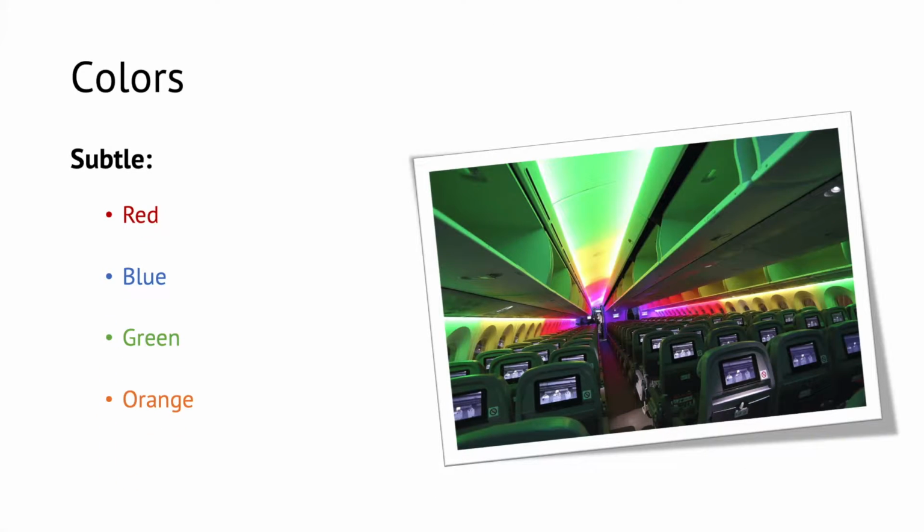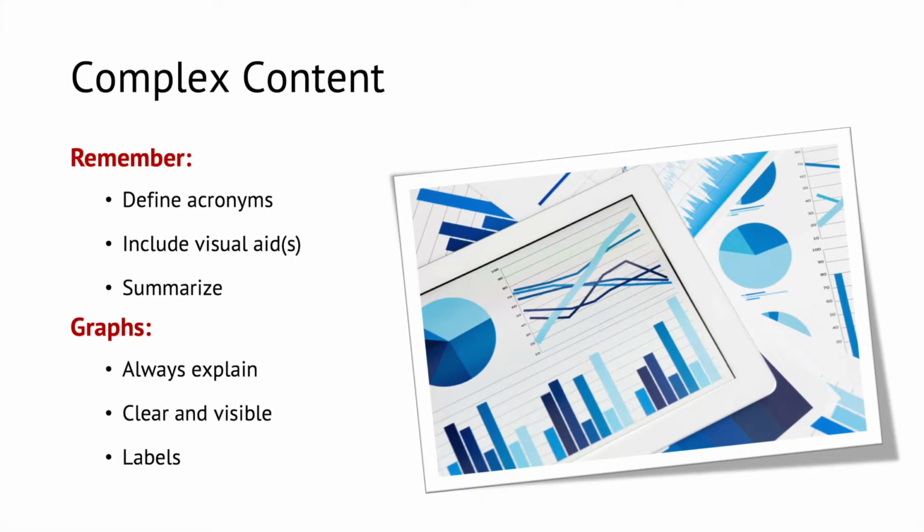On your slides, always use subtle and darker colors, such as the 4 I have here. Do not use too vibrant colors as these will be hard to see for the audience. In addition, never use more than 3 different colors in your presentation. If your presentation contains complex content and acronyms are required, then always define these acronyms before using them in order